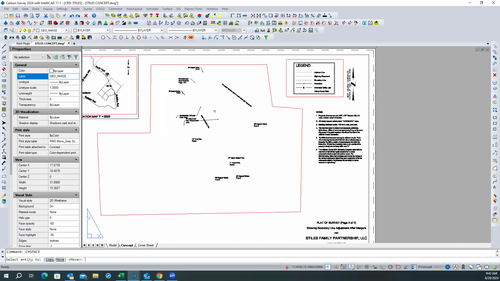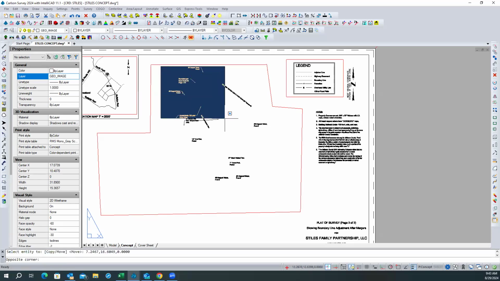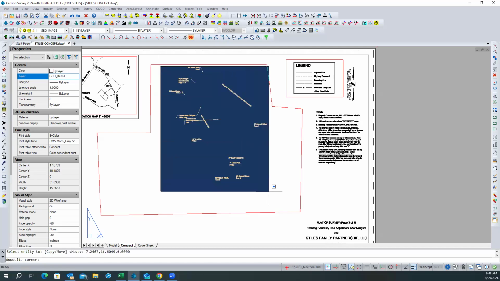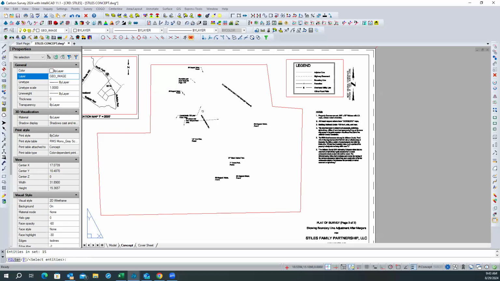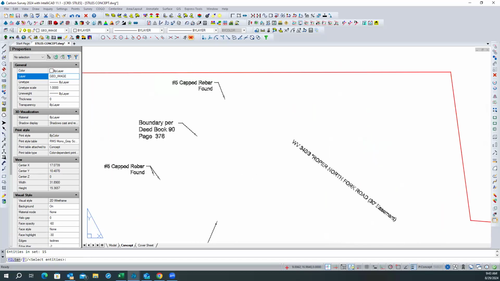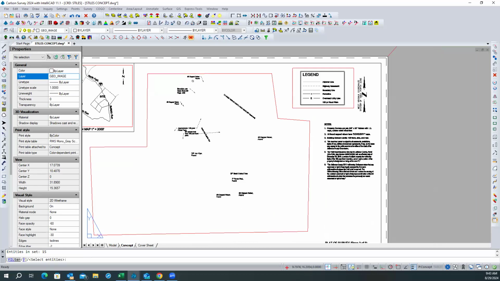So if I change space, these are now in paper space. So I'm going to change all of these to go to model space. It says select the entity to copy or move. I'm going to move them. That's my default. So I'm going to see if I can get them all. I found 15. Did it get this one? Yeah, I got that one there too. So now when I do that,